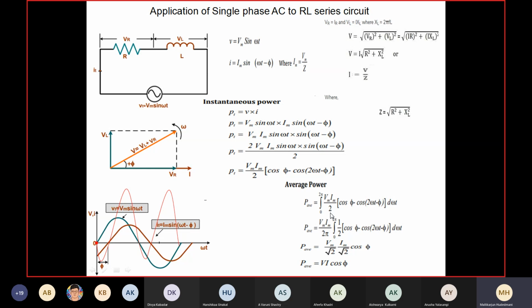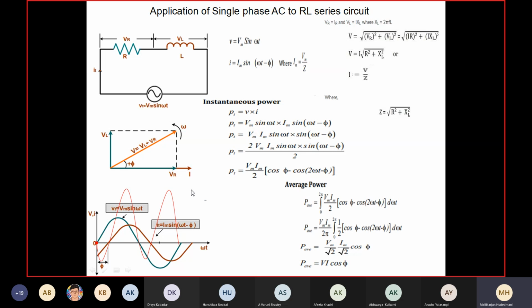This is the proof of the study of RL series circuit applied to Vm sin omega t, this way. What we learned here, current is lagging in inductor. That's what I got, Im sin(omega t minus phi). When I use that equation, power consumed by an RL series circuit is not 0. It is given by VI cos phi. And from the power equation, I will see power halls are not equal in dimension. Hence, power is not 0.